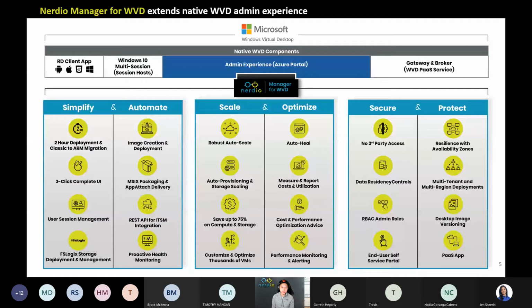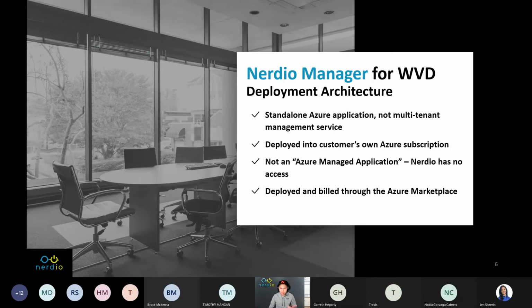What Nerdio is, like I said, is an application running on Azure's platform as a service. It uses both Microsoft App Services and Azure SQL as the backend. It's really a website that helps you simplify, automate, scale, optimize, secure and protect your WVD environment in one single tool. And like I explained before, it's a standalone application, so it's not multi-tenant. It's deployed into your own subscription, and again, it's a non-managed application, which means Nerdio has no